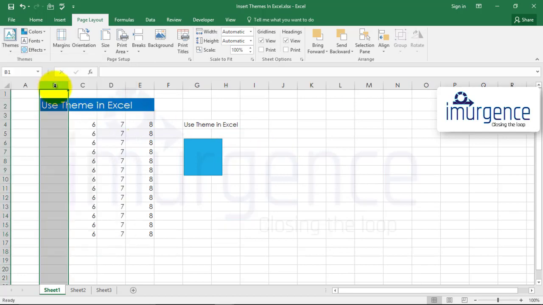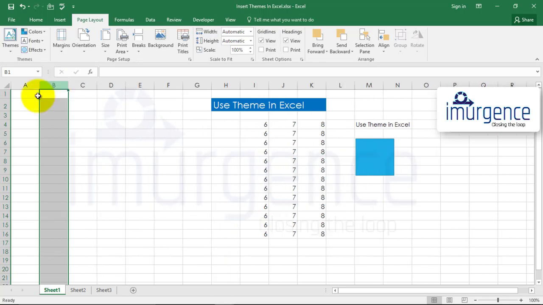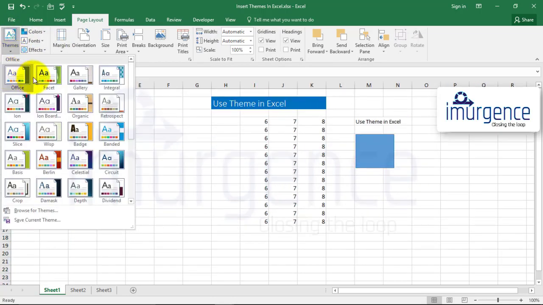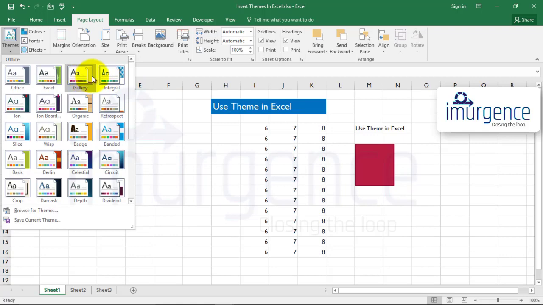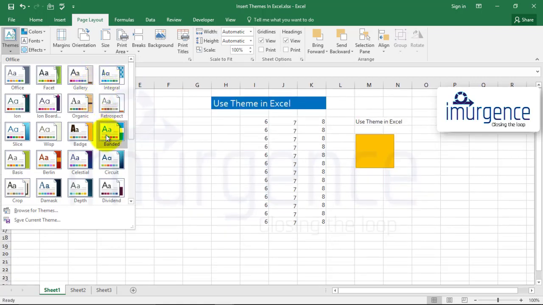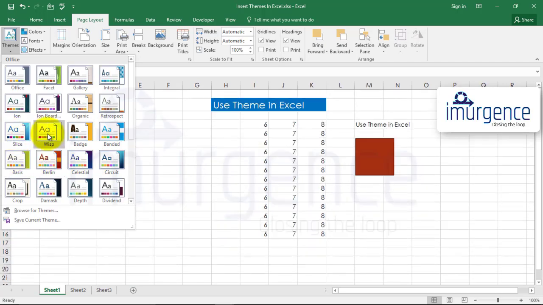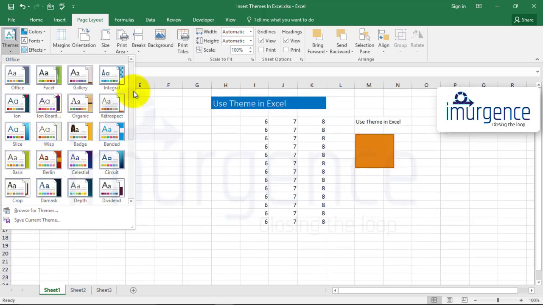Let me just go ahead and I shifted this data over here so that you can see the changes much better. See how it affects the numbers, the colors, the text. So every theme is unique,